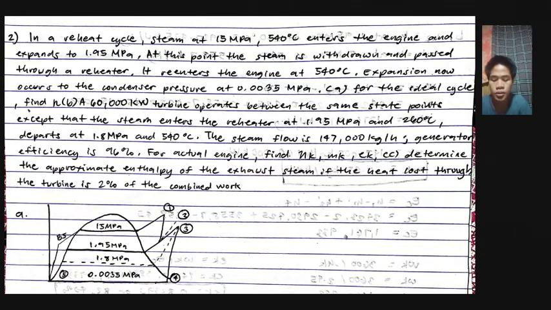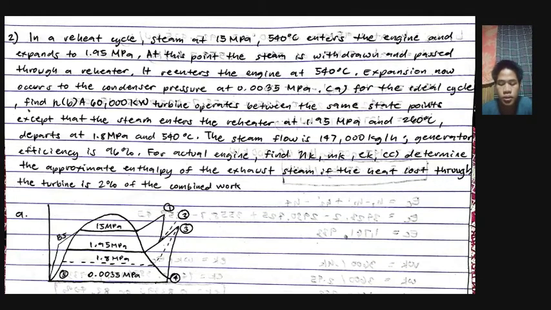It re-enters the engine at 540 degrees Celsius. Expansion now occurs to the condenser pressure at 0.0035 MPa. A. For the ideal cycle, find N. B. A 60,000 kilowatt turbine operates between the same state points